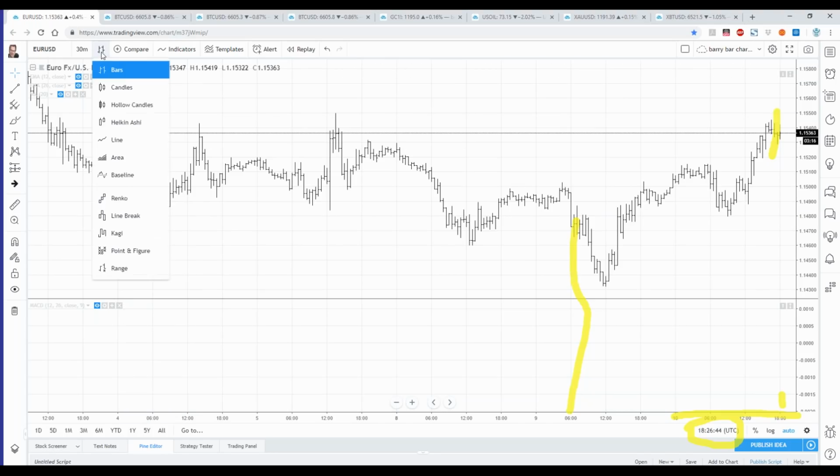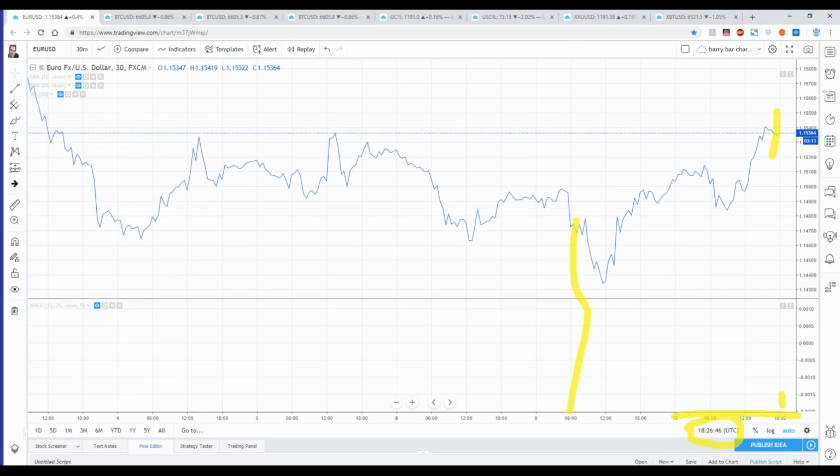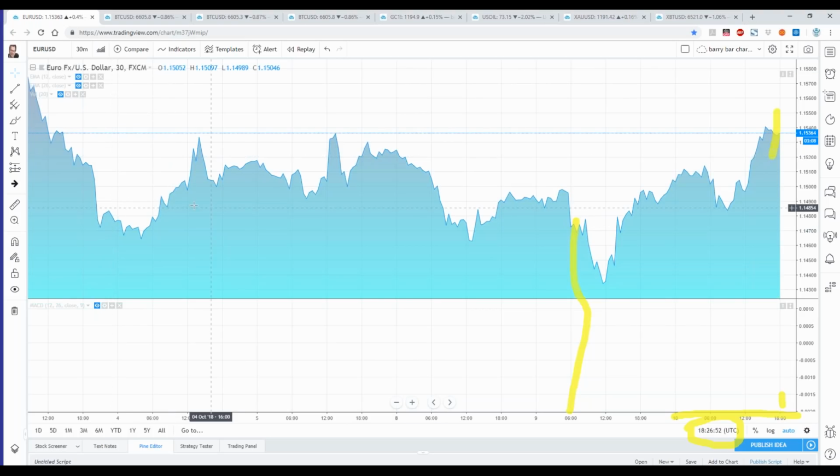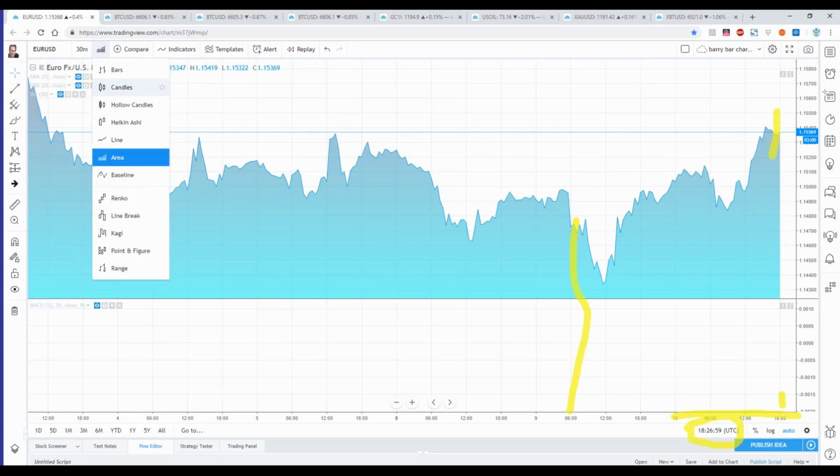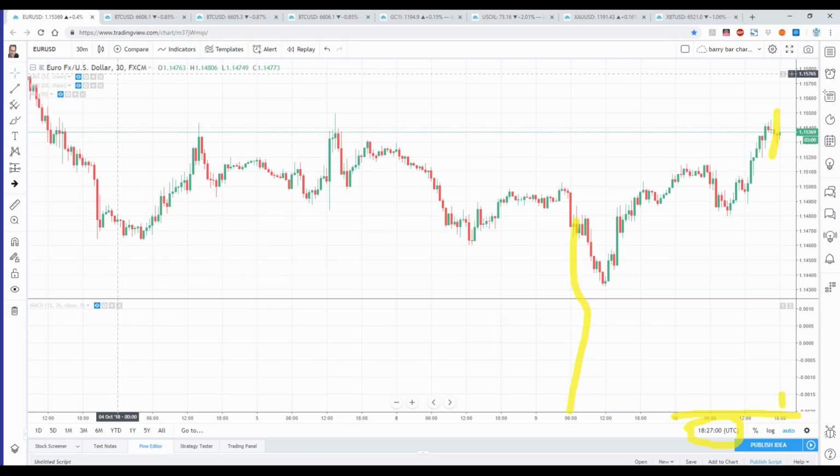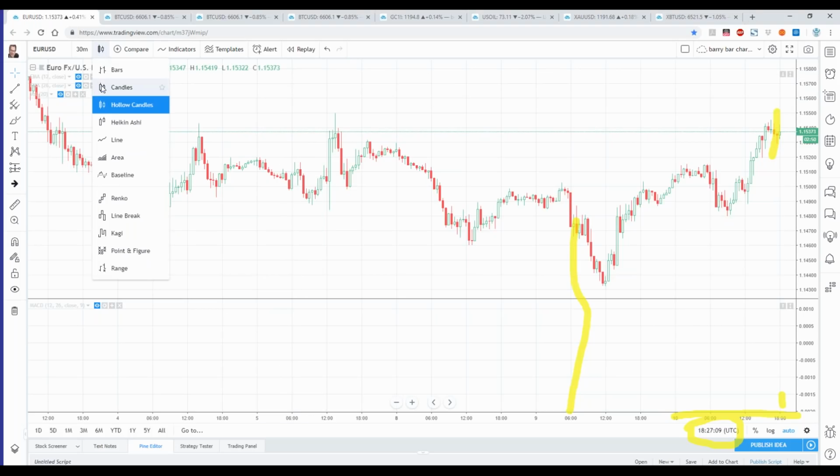But as you can see, we can see here the line chart. And as I said, most of these are variations. We see line area chart. Area chart's simply a line chart with one side of the chart colored in. That's it. We see candles and we see hollow candles. Sometimes these modern charts give us too many choices, because not only that, I can go to my candlesticks and then I can go into my settings